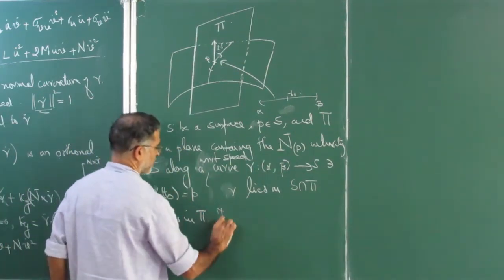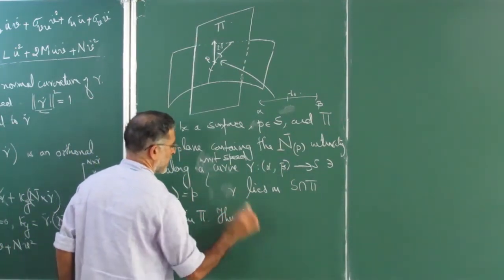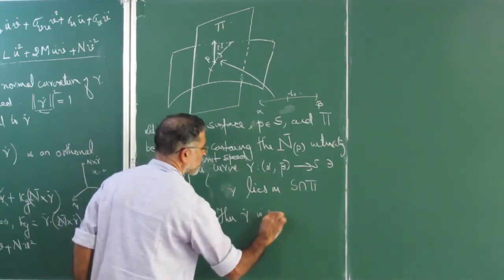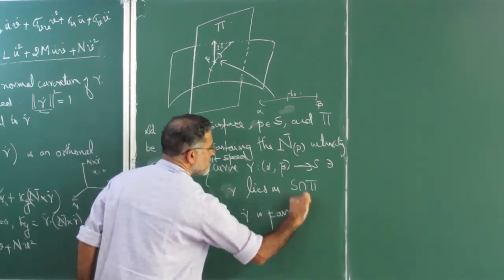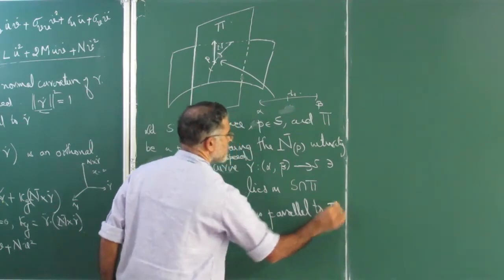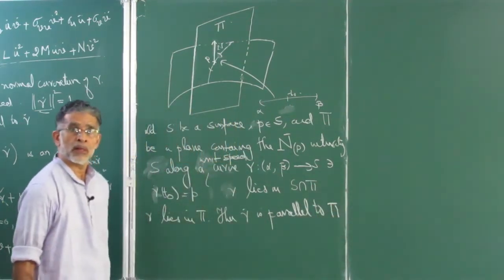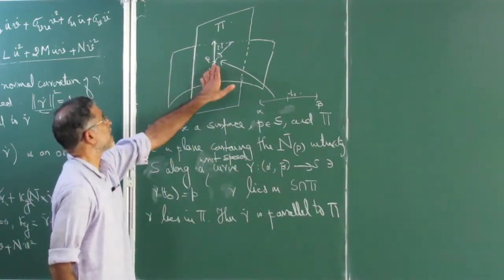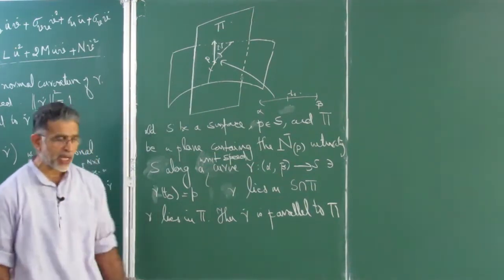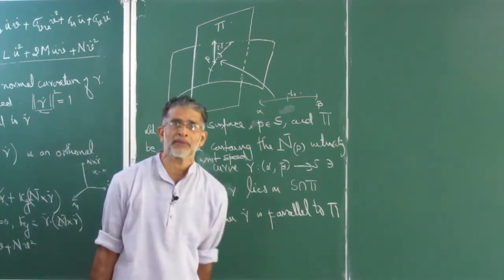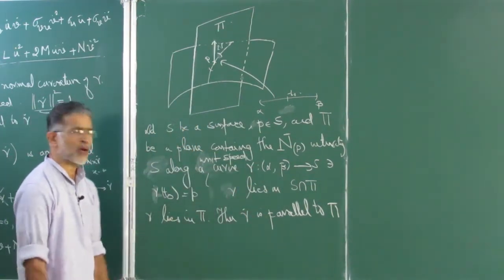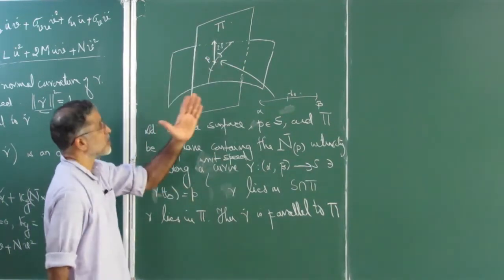Then gamma dot is parallel to pi. Well, if you want to say this is the origin, then you can also say that gamma dot lies in the plane pi. Anyway, we are not worried because